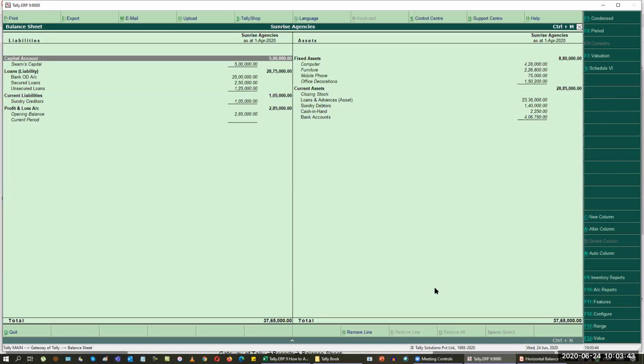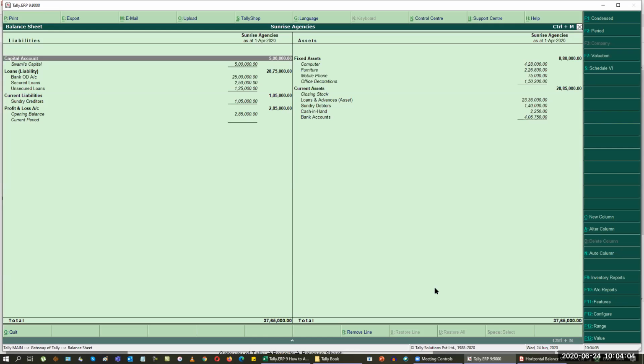Remember, when you are feeding values wrongly at two different points, it is still going to tally the balance sheet. You would probably have learned about this, called compensating error. So don't make compensating errors. Try to feed the values correctly, and if you want to cross verify, you can cross verify it.